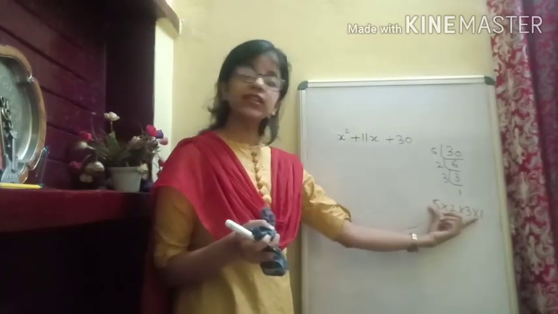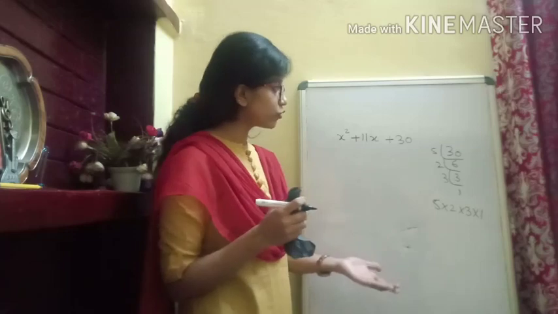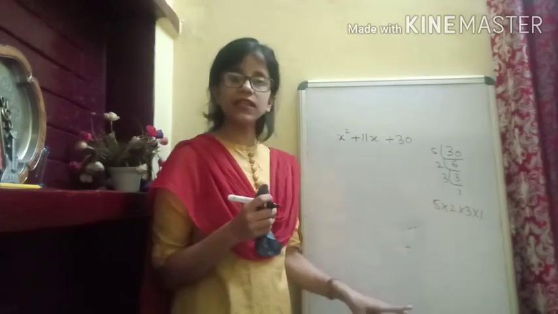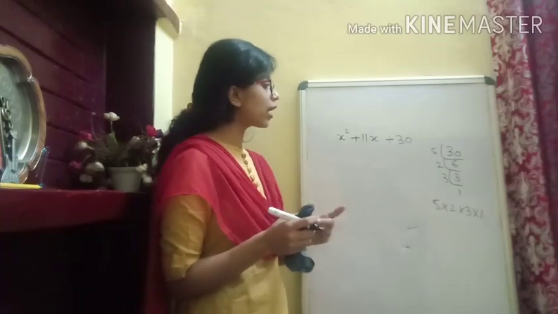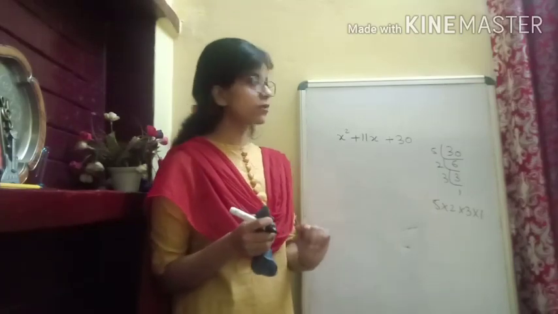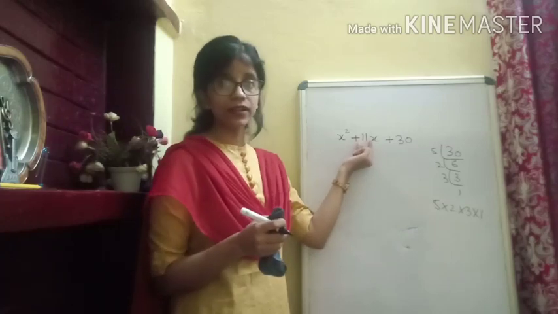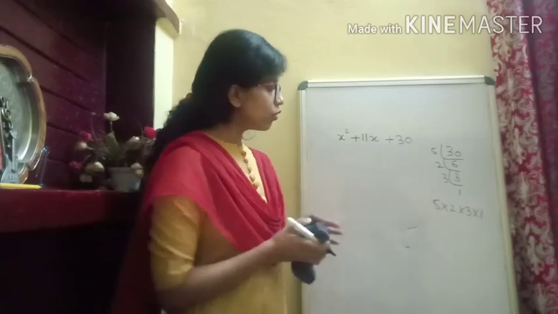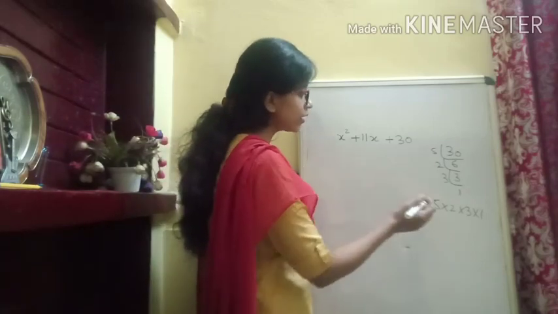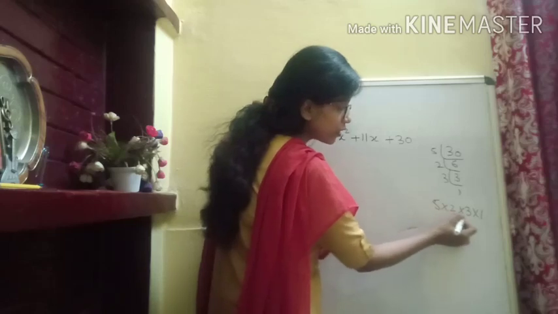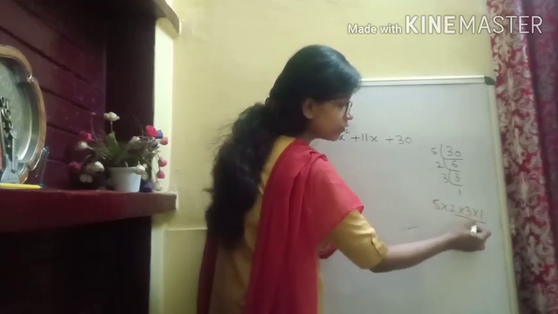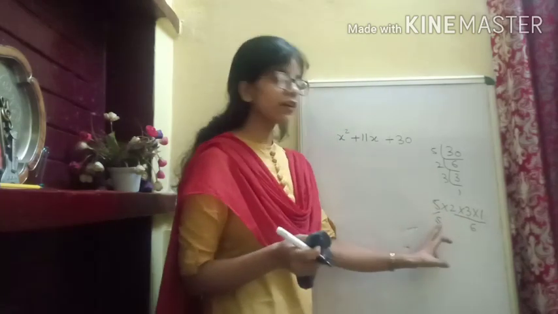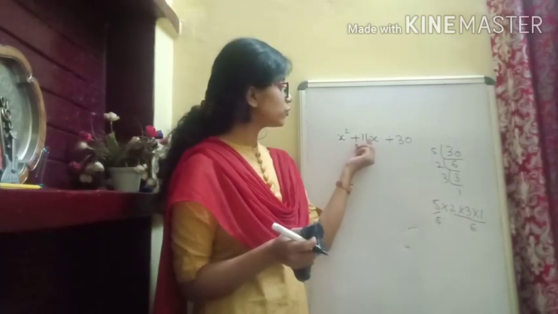Now, as we have written the factors, the next step is that we take these numbers and split them into two such numbers so that either in addition or subtraction we get this 11. Okay. Now, you have to split these numbers into two. So what if I take this 2 into 3 into 1 together? That will give you what? 6. And this 5. Now you see 6 plus 5 will give you 11. So that's how you will get 11.